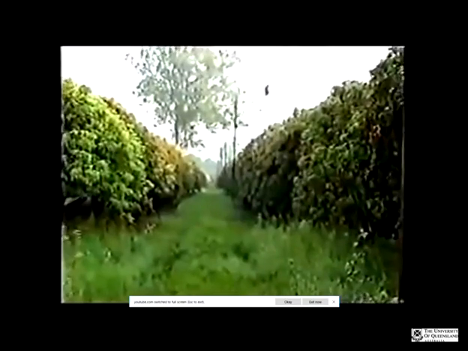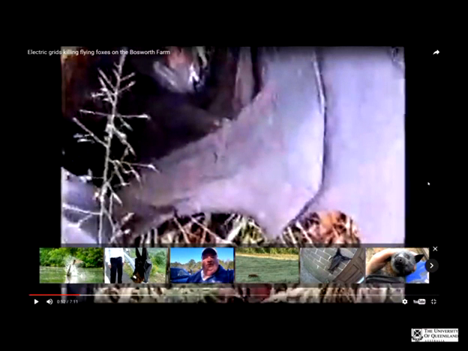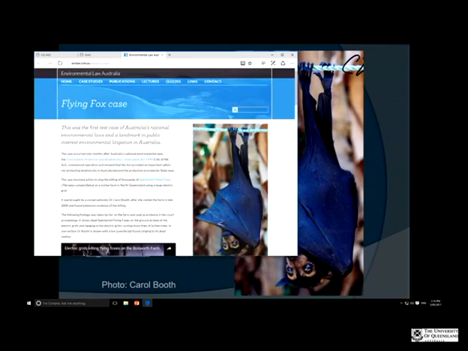Now, if an environmental agency had gone to do this, this evidence would not have been able to be used in court because it would have been obtained unlawfully. But because she was a citizen, she was able to go onto the site and film it and gather evidence,